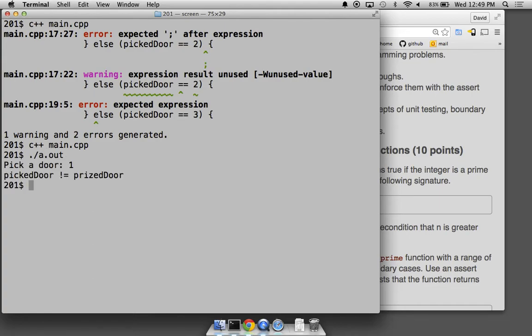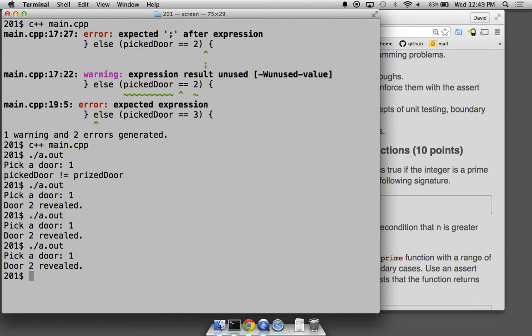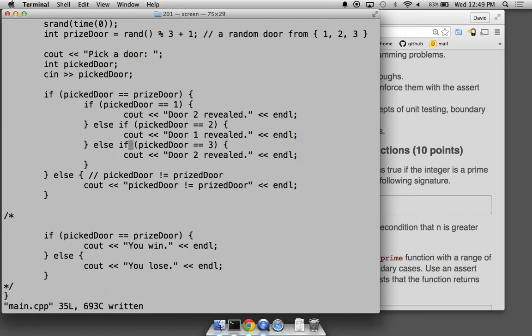Pick a door. We didn't pick the prize door. We picked the prize door and the system revealed door 2. We picked the prize door and the system revealed door 2. Same thing, we keep getting 1. We didn't pick the prize door, okay. So, actually,